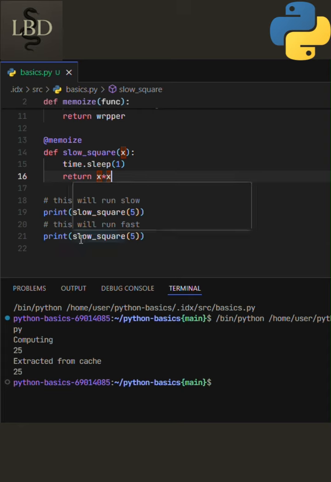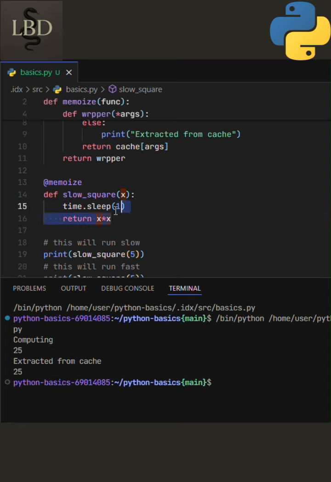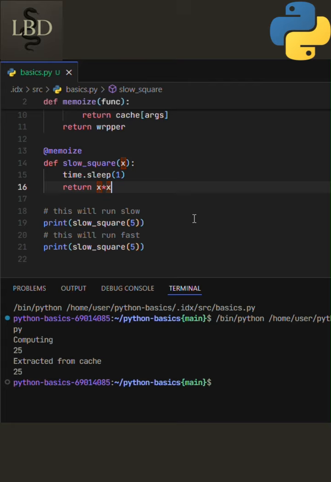And with every value, it goes and sleeps for a second. But when we call the slow square again with the number 5, it goes to the decorator, and the decorator is able to identify that, hey, this argument 5 is already present in the cache. It goes and returns the data directly without having to recompute, which essentially does not call sleep, and the code runs fast. Memoization is powerful in algorithms, data science, and API clients. You gain speed at the cost of a bit of memory, and the function's interface stays unchanged.